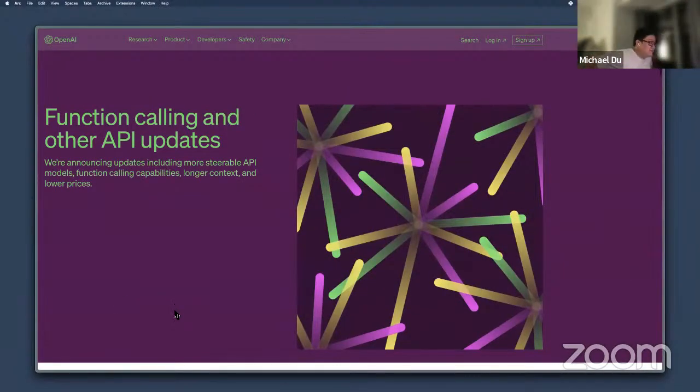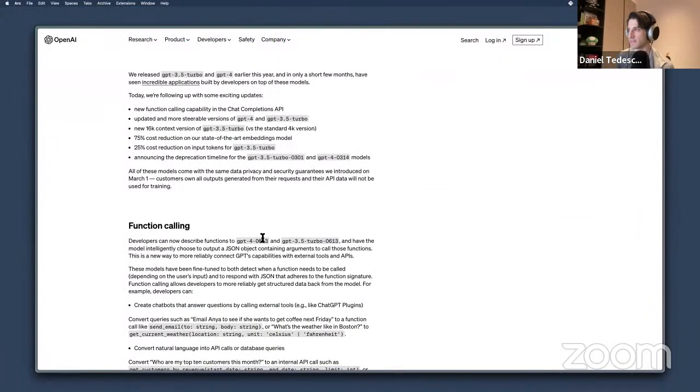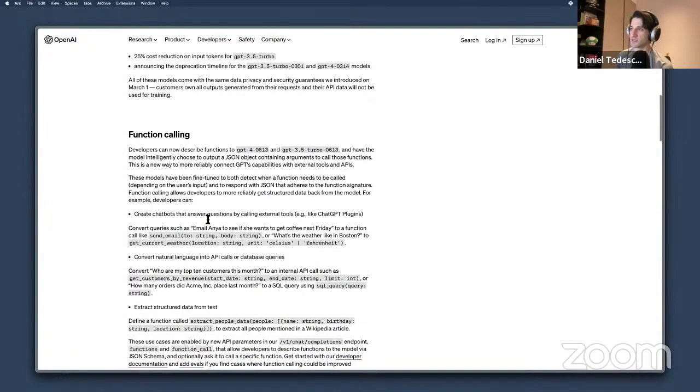So here's the announcement, and they're basically allowing for function calling using two new versions of GPT-4 and 3.5.